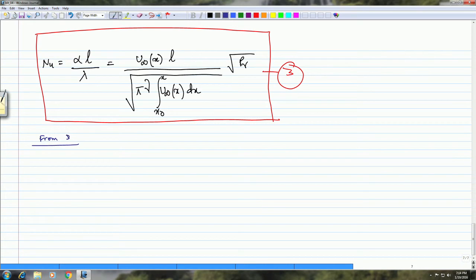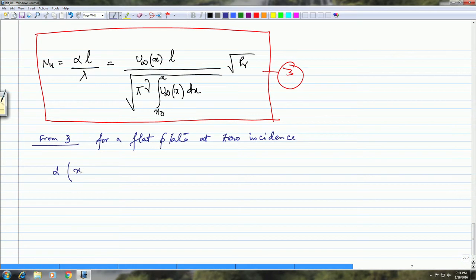From 3, for a flat plate at 0 incidence,